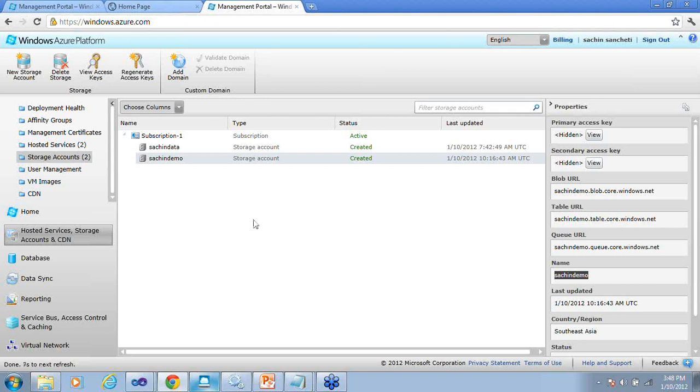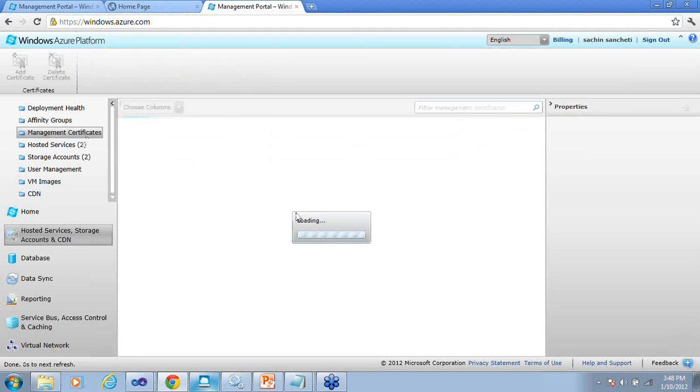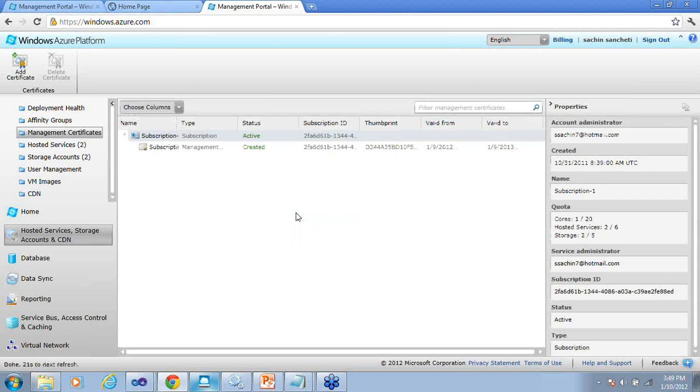Codeplex is available. The important part here is the management certificate. Whenever you are writing any Service Management APIs, as the name indicates, they are APIs available for managing your services. All these calls require this management certificate. So in every request, you send this management certificate, and here it is, available. You use that public and private key and send the request, and Azure will respond to your request using this certificate authentication mechanism. So I hope we understand. Everybody's with me, and we understand this portal.